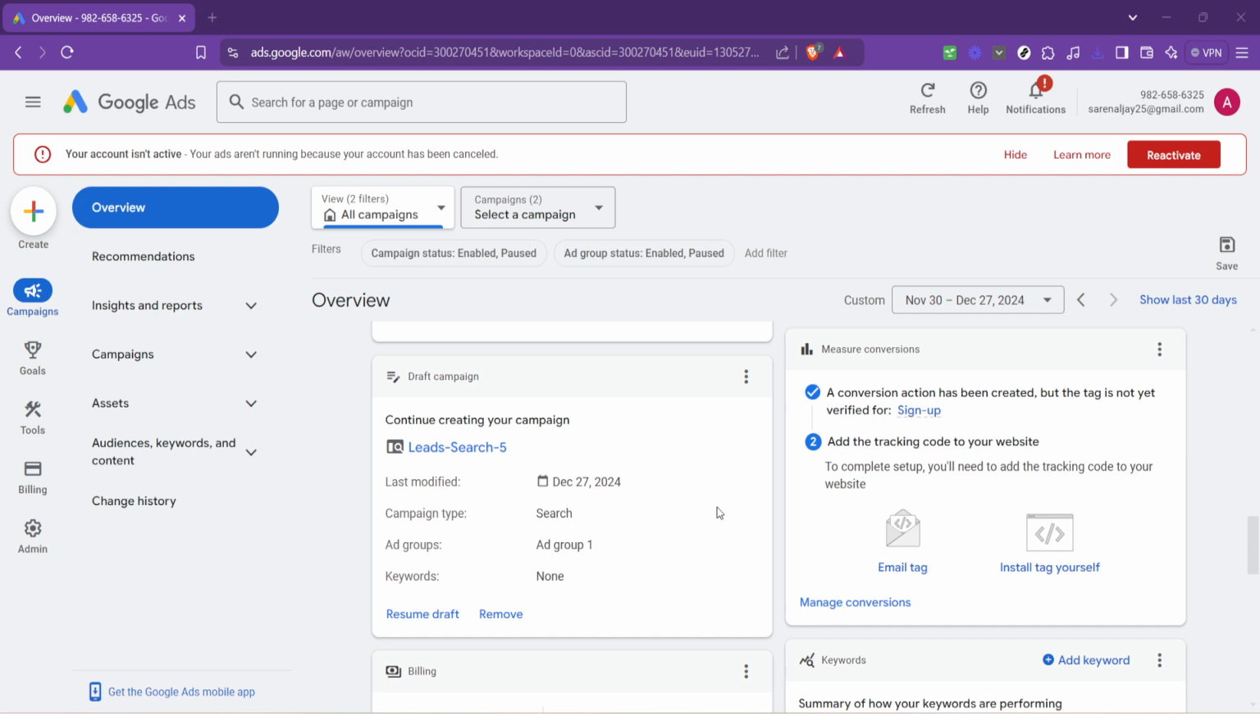After locating the draft campaign you wish to delete, you'll see an option to remove it. This option is typically represented by a bin icon or a remove button next to the name of the draft campaign. Deleting a campaign is as simple as clicking on this option. However, I urge you to pause for a moment before doing so and double check that this is indeed the campaign you intend to delete. There's no undo button once you've clicked remove, and this action will permanently erase all the settings and data associated